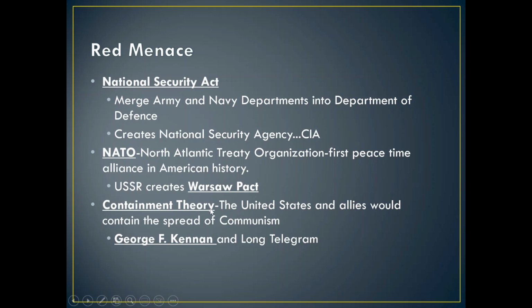The whole idea of containment theory was created by an American diplomat, George F. Kennan. What George F. Kennan said was that the Russians only understand and recognize and respect strength. We can't allow the Russians to freely just take over Eastern European countries. We can't force these Eastern European countries to become democratic again, because that would cause a world war. But we need to stop the spread of communism from going to more places. So his idea was containing communism from where it already is.